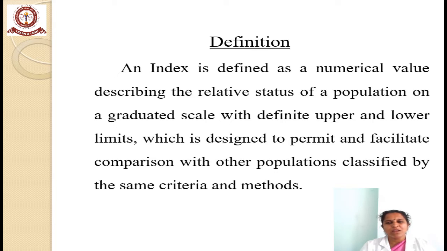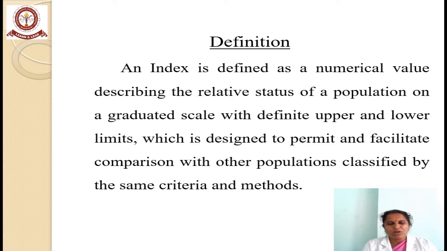Similarly, our index also is graduated in such a manner that it has a definite upper and lower limit. How is it designed? Always the index is designed in such a way that it will permit and facilitate comparison. We can compare to whom? With the other population, but the other population also has to be classified with the same criteria and